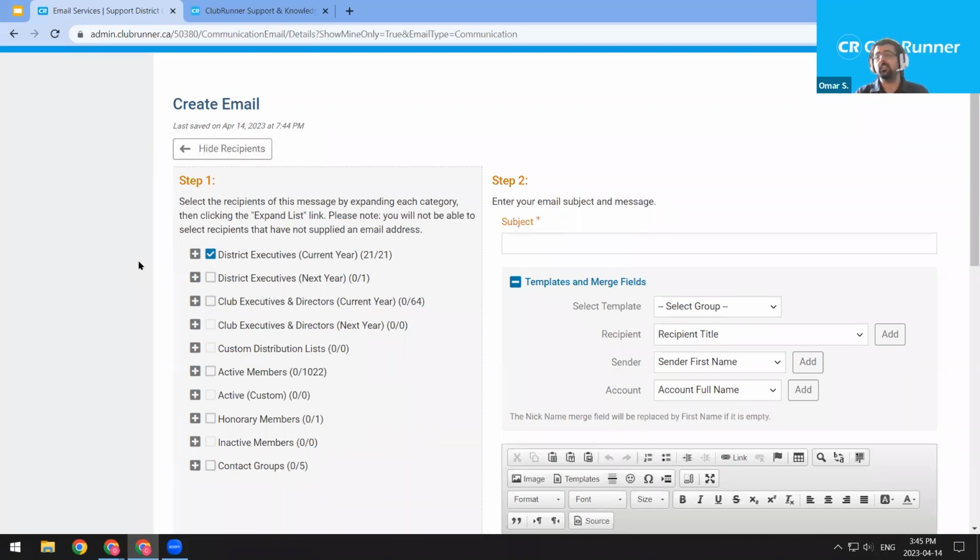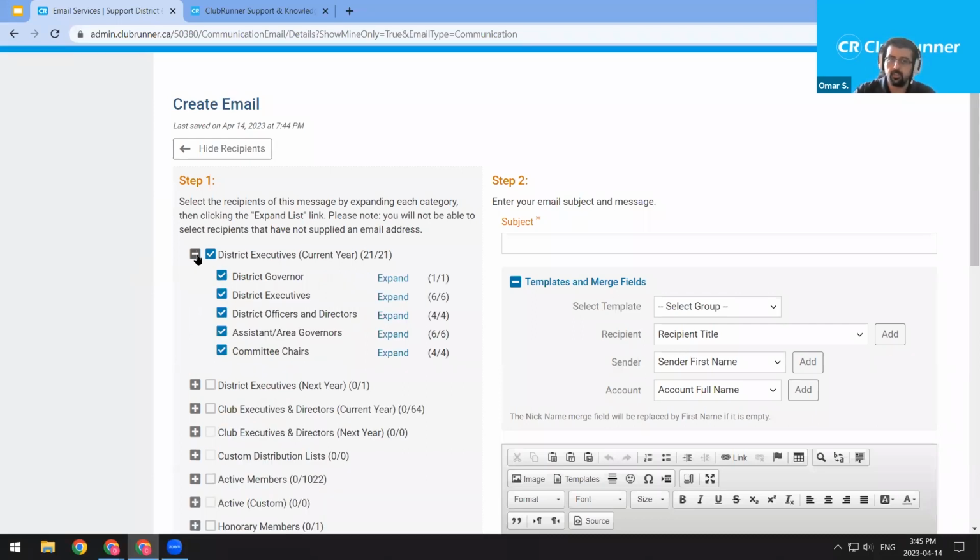To send emails to individuals, we would click the plus icon to the left of the group. So I've just done that. I've clicked the plus icon, and you see the subgroups for district executives: governor, executives, officers and directors, area governors, which we added, and committee chairs, which we've also added a few. If I want just one of these to receive an email, first I'm going to click the checkbox again to unselect everybody, so 0 out of 21,